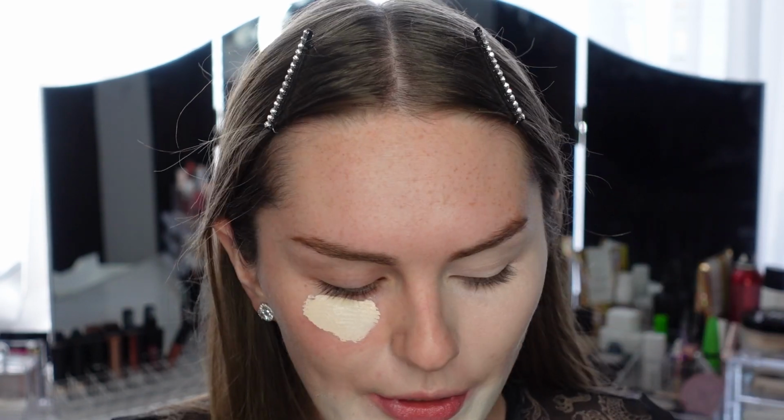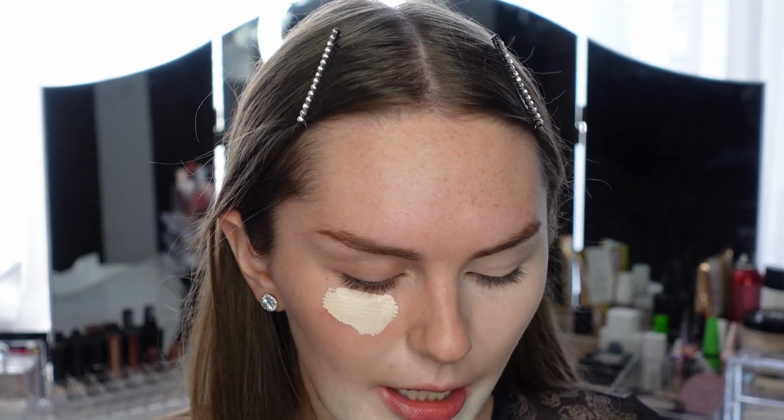Oh gosh, okay. When I zoom in to do my eyes, maybe you guys will be able to see the concealer. I don't know if it's just the studio lights or what, but it looks pretty rough on the skin. So I don't really want to bake because my skin is already pretty dry from the concealer. So I'm going to go in with my Sigma F35 tapered powder brush. And I'm going to go into that same white powder, but we're just going to...